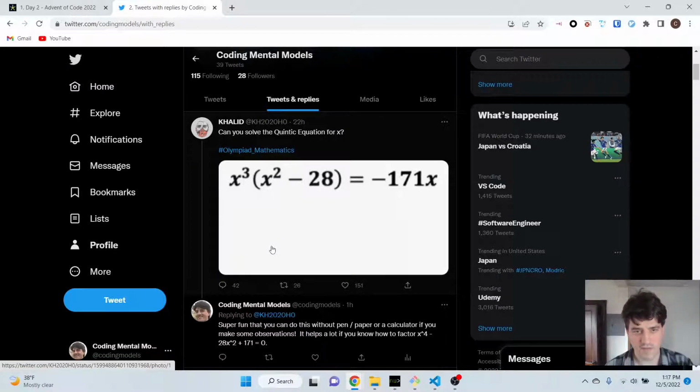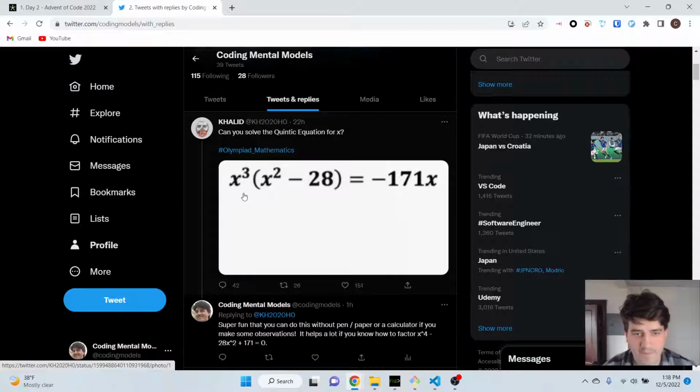But actually, before I even do that, I just wanted to throw this cool thing out there. I saw this on Twitter. I subscribe to a lot of math Twitter things, and people throw up cool problems, and this was one of them. It's not very hard. I'm surprised it's any kind of Olympiad mathematics. It's really pretty straightforward. But the thing I liked about it is that it's a quintic equation,